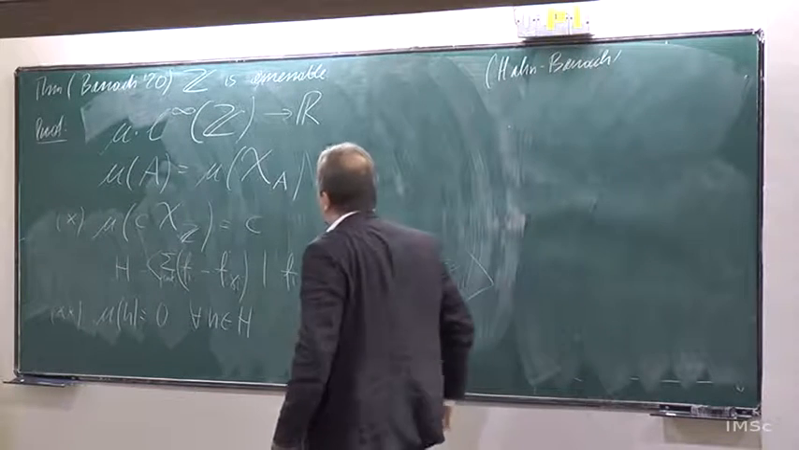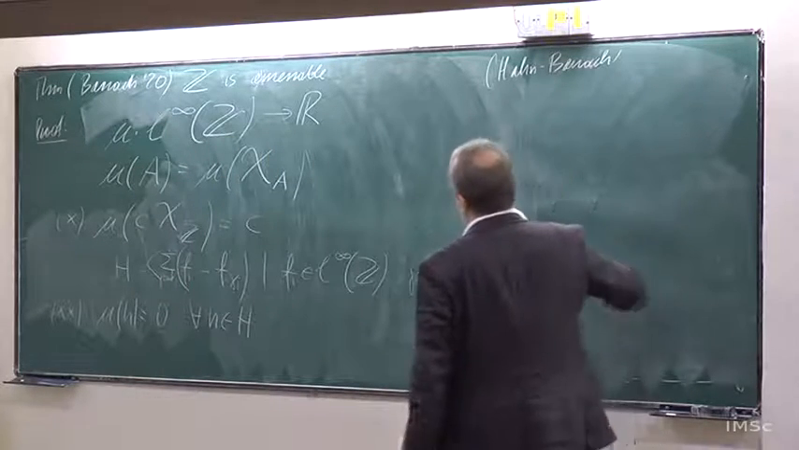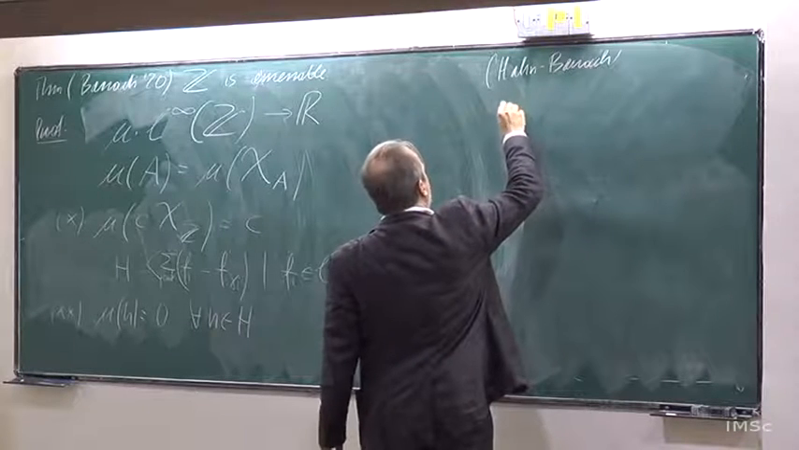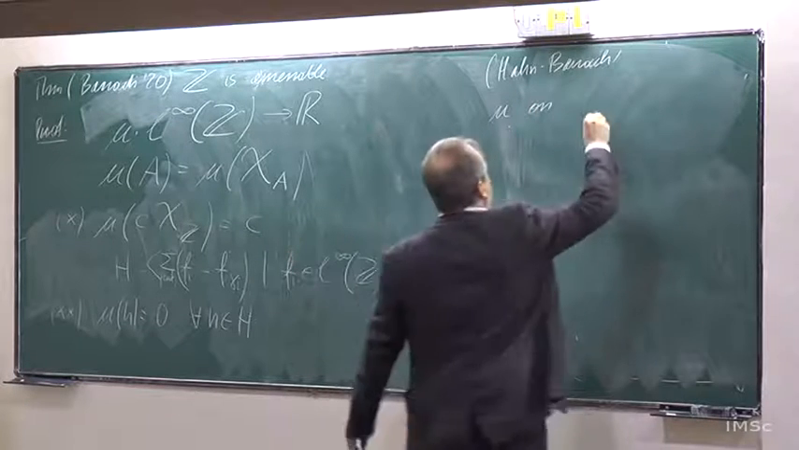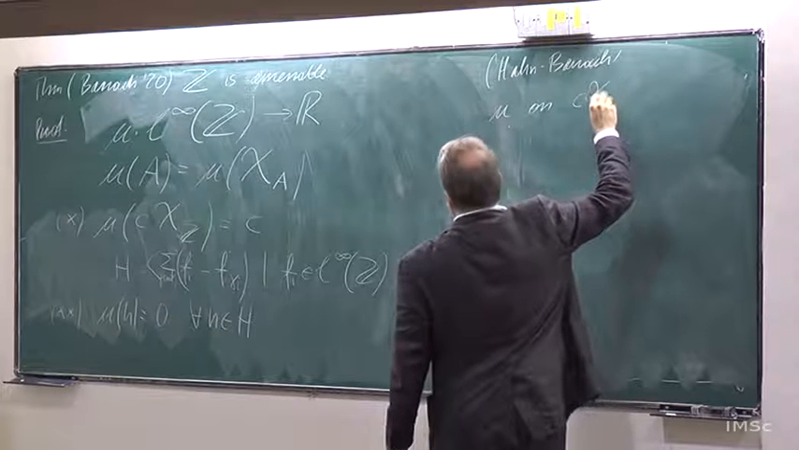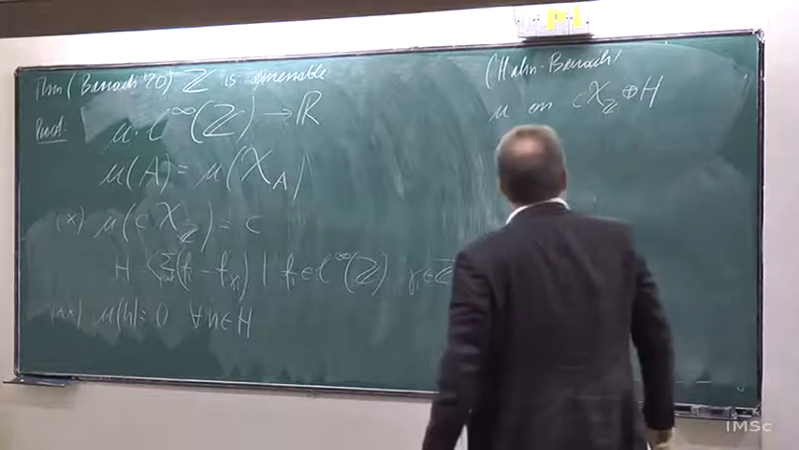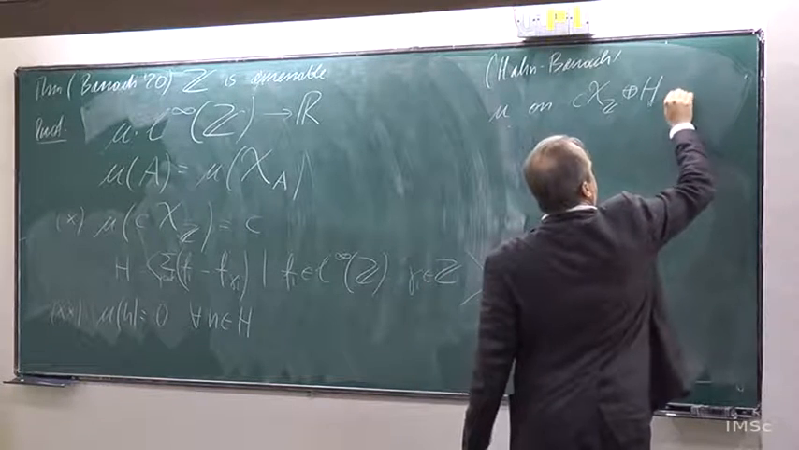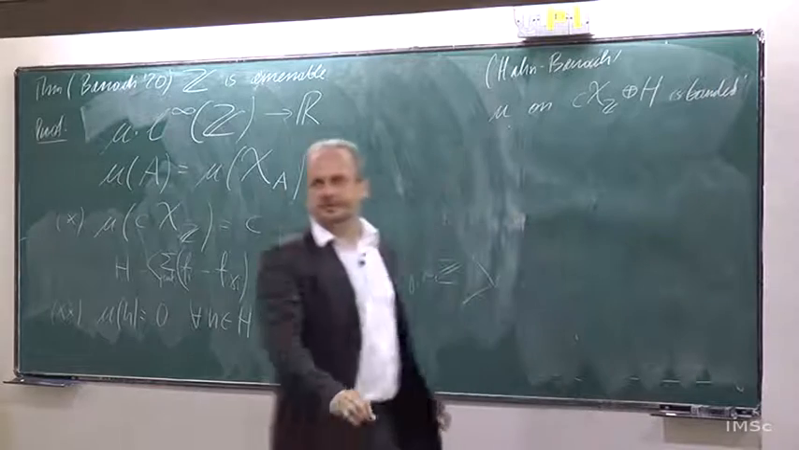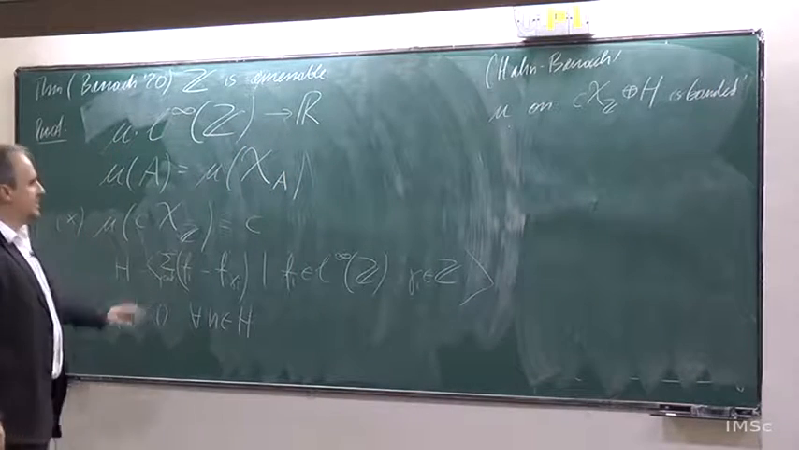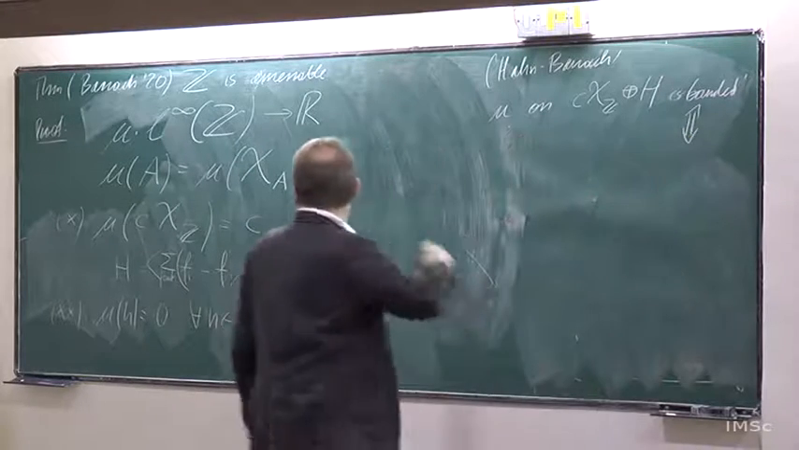Okay, so in order to extend mu to the whole L infinity of Z, you have to check that mu, defined in this way on constant functions and on H, is bounded. Right? And being bounded is equivalent to